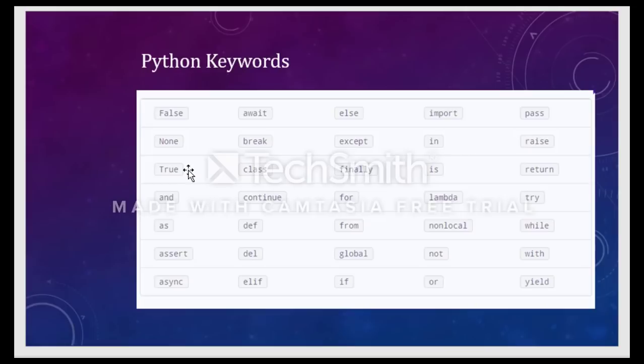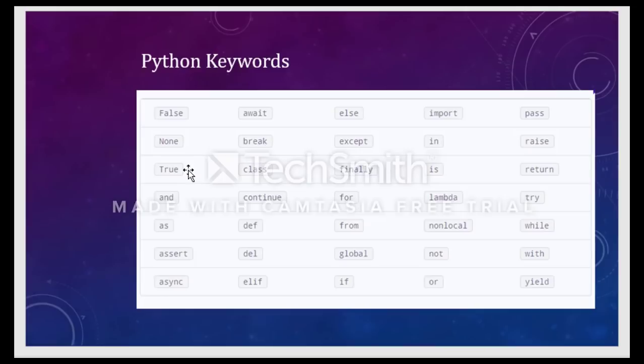We have 35 keywords as per the latest version of Python. All the keywords are listed on the screen. There are many different keywords like lambda, global, yield, assert, async. These are different keywords we might not have learned earlier.